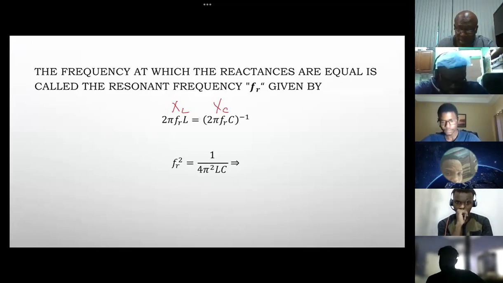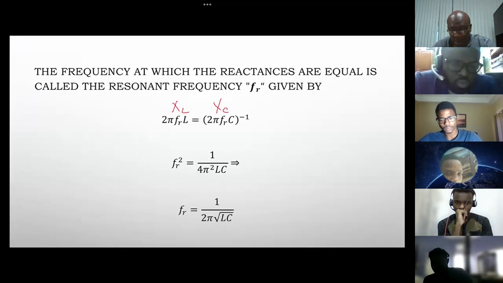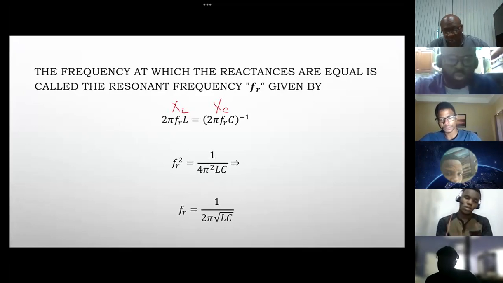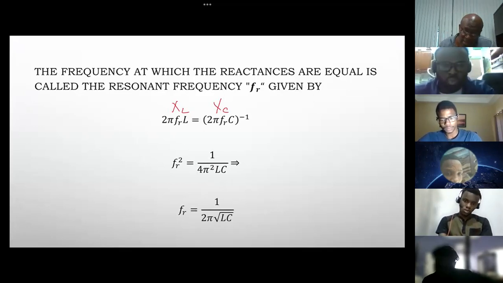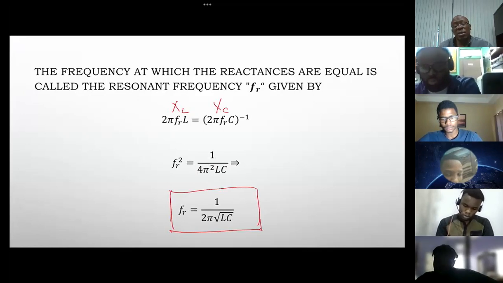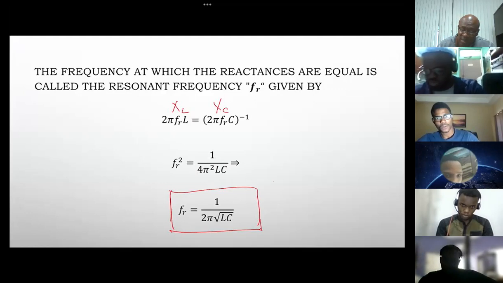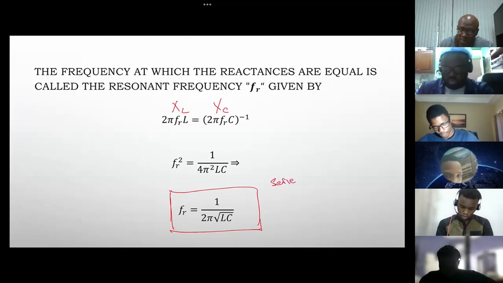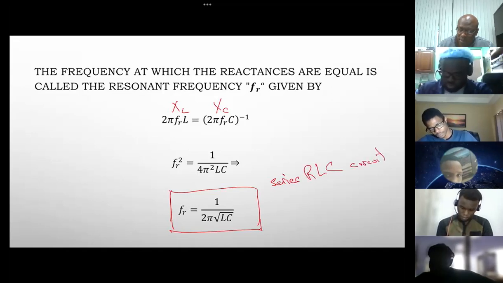And if we simplify that, we get FR, the resonant frequency, to be equal to 1 over 2 pi root LC. And students, this is for our series circuit. So the frequency at resonance for a series RLC circuit is given by